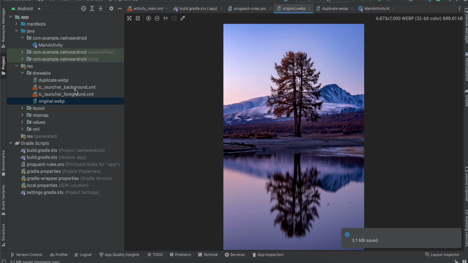Also if I try to view it, it still looks good, there is no major loss in that image. So this is one method, and you load these WebP images the same way you load any JPG or PNG images. You don't have to do anything extra. Next tip is